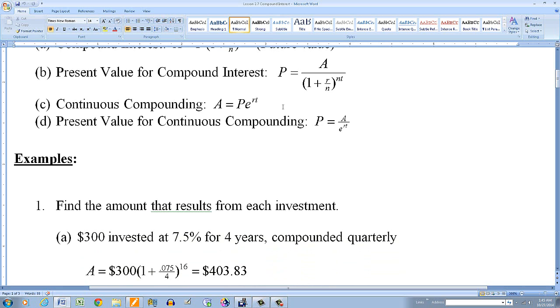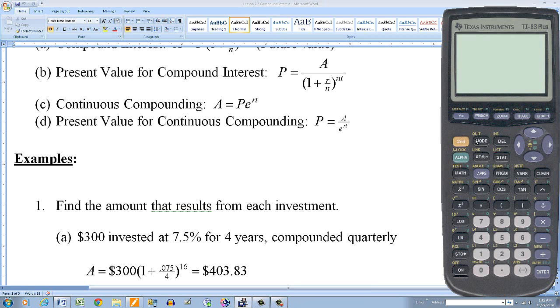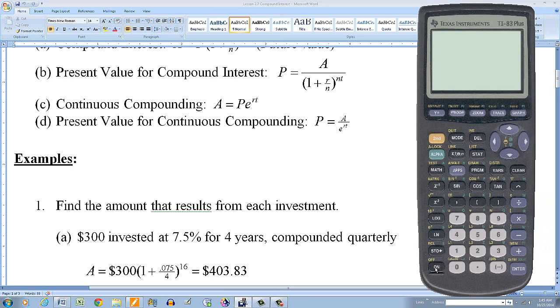Okay, so the first one here that I have is find the amount that results from each investment. So $300 invested at 7.5% for 4 years, compounded quarterly. Okay, that's every 3 months, so it's 4 times a year. So using the first formula, I'm going to use my calculator. Here I'm finding the future value. So it's $300, and that's multiplied by 1 plus, and then remember it was the interest rate over the frequency of compounding. Okay, so this is going to be 7.5%, but it has to be converted to a decimal. So move the decimal over 2 places, I get 0.075,